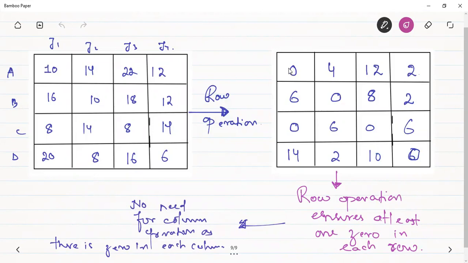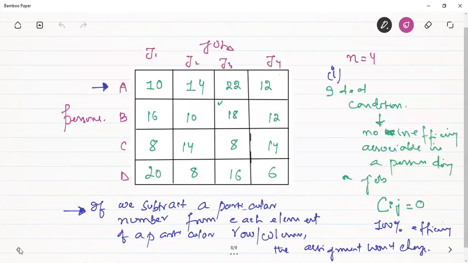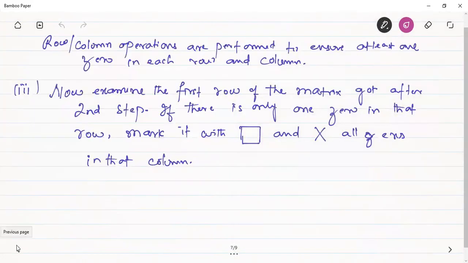Okay, आप statement फिर से पढ़ो. If there is only one zero or a single zero in the first row, then what we have to do is we have to mark that with a square. इसका मतलब क्या हो गया कि ये assign हुआ. ठीक है, इसका मतलब ये है कि job 1 has been assigned to the worker number A. Okay, so if you read the statement again, examine the first row of the matrix got after the second step. If there is only one zero in that row, mark it with square and cross all the zeros in that column. Okay, further it states that